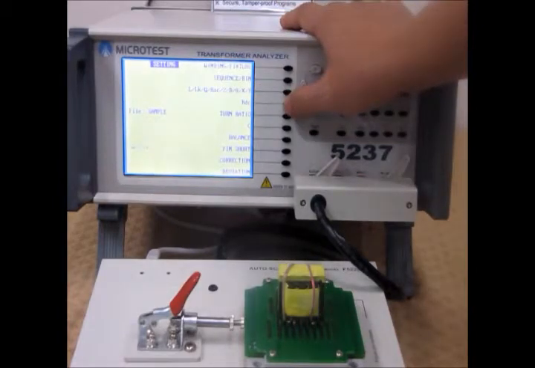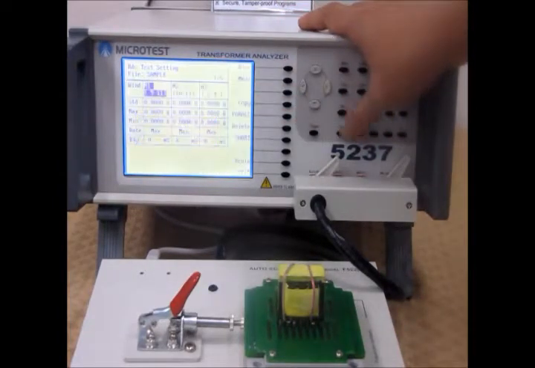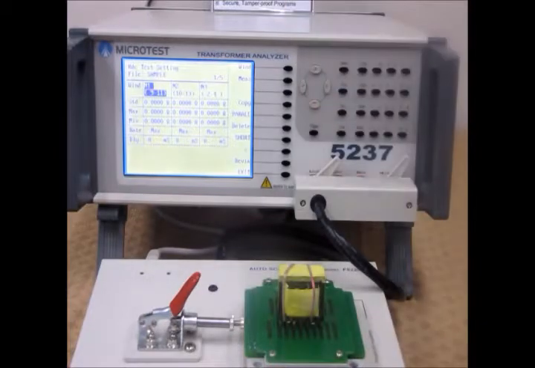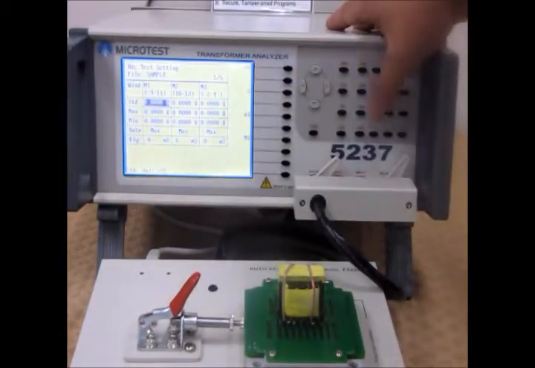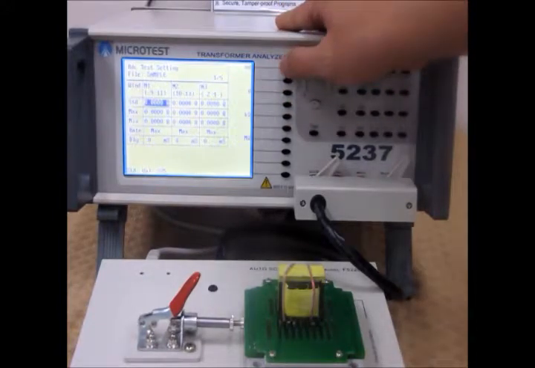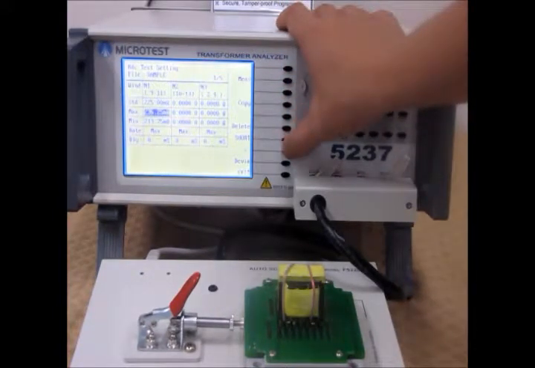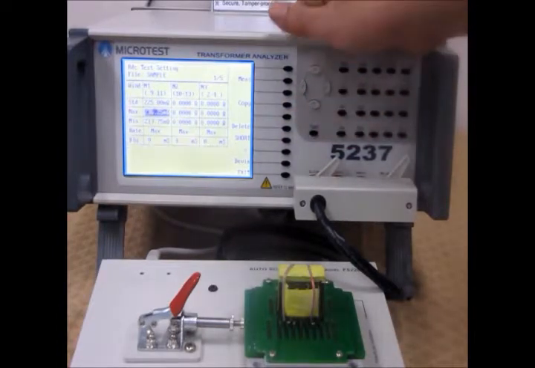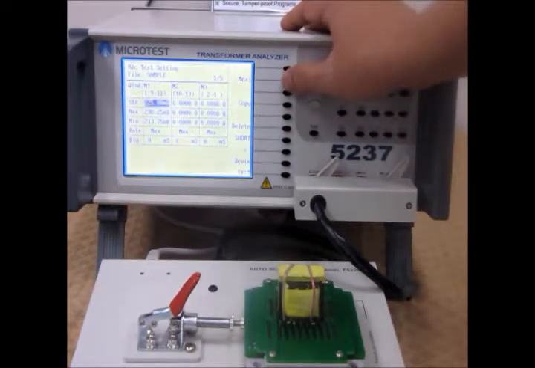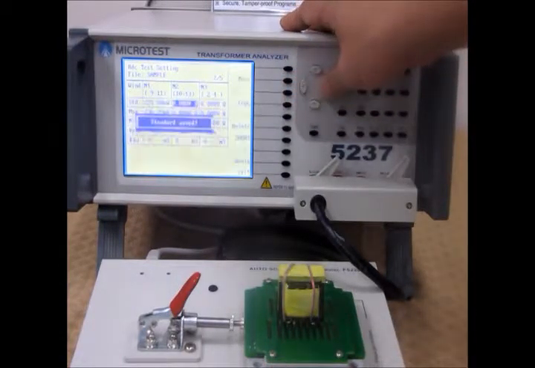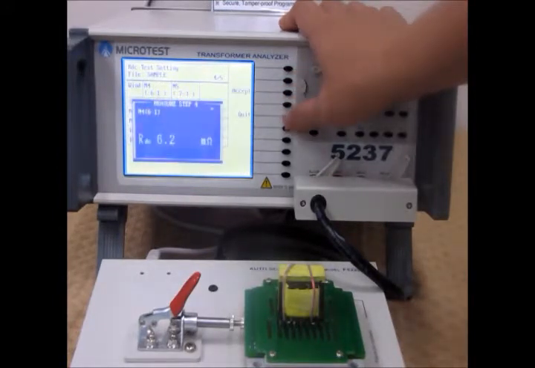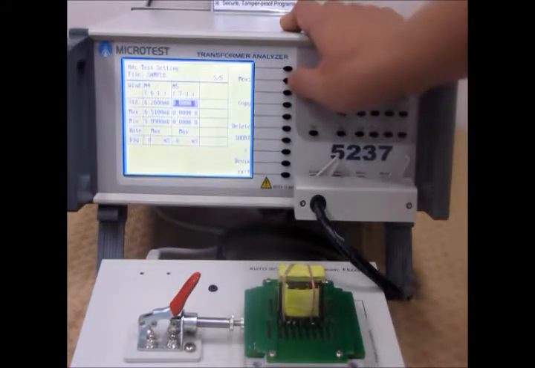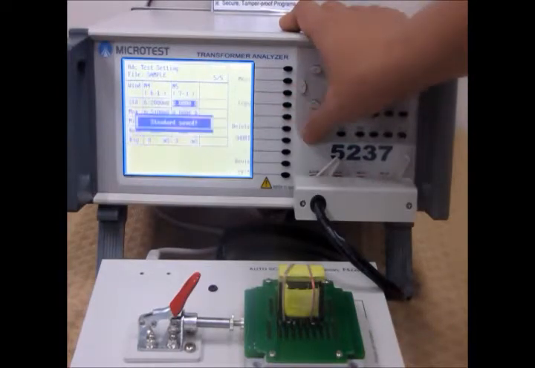You can also test the RDC. Again, you generate all the values you entered earlier. And you can set the standard value. And the tolerance. Then you can measure again. Do that for each different winding. After that's complete,